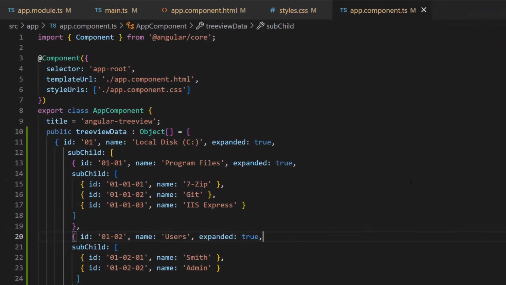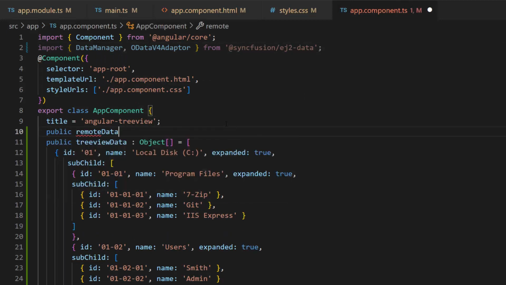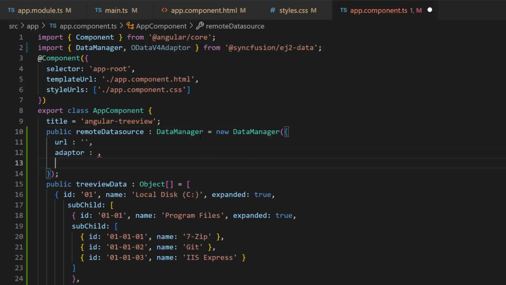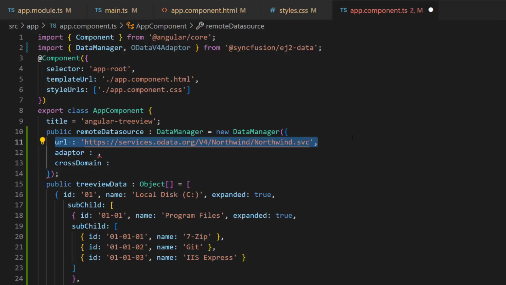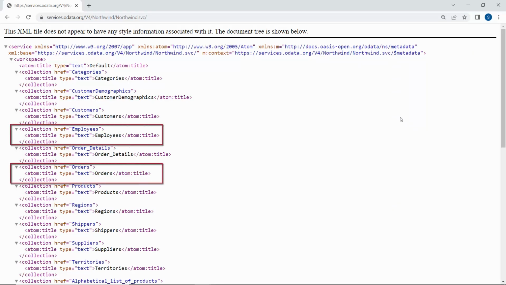As a first step, I import the data manager and the required adapter from the Syncfusion EJ2 data package. Then, I define the data manager with properties like URL, adapter, and cross-domain. In the URL, I will assign an already available remote service URL, which will retrieve the collection of data tables through the post method. I am going to fetch data from these two entities, employees and orders, and bind them